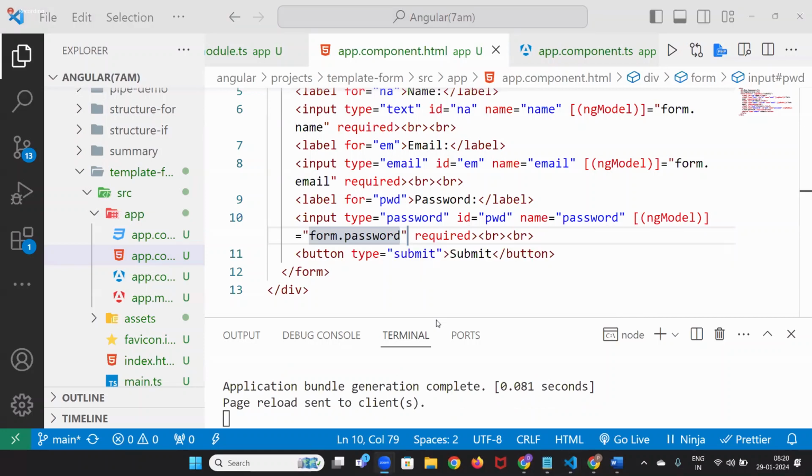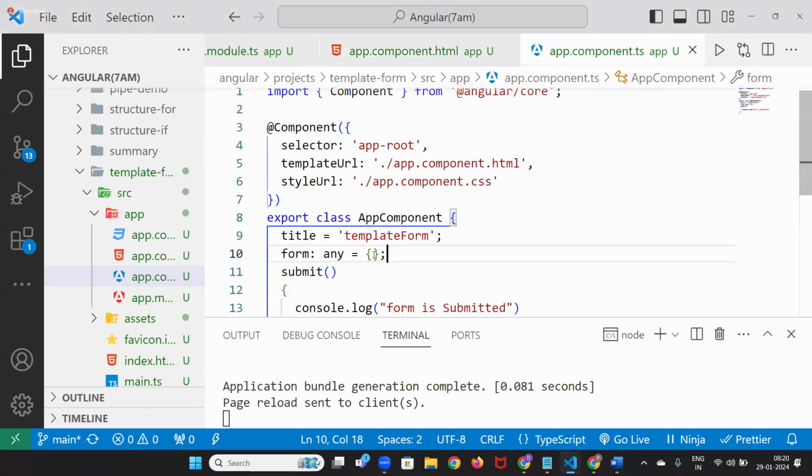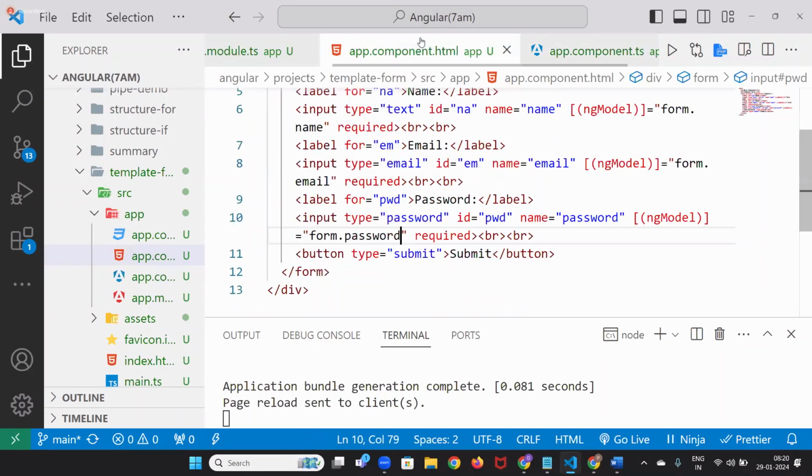Sir, what is the form, sir? See, in here, I just created an empty object. Now, what will happen? An empty object will be created. Inside this, is there anything, sir? Inside this, is name there? No. Inside this, is email there? No. Is any other thing there? No, not at all. But here, whenever someone enters some values like